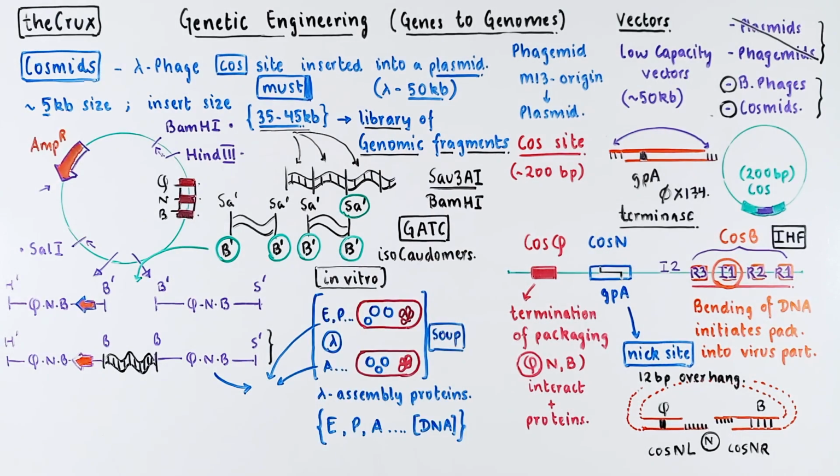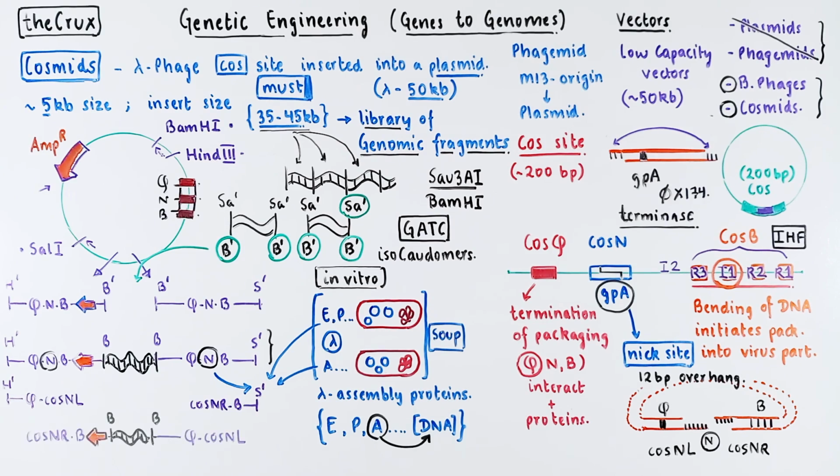The A protein, as we discussed previously, is the terminase protein, which can nick the Cos-N site. When it cleaves Cos-N, you release the Cos-NL and Cos-NR regions at the end, and you will have the major internal portion of the fragment containing your desired piece of DNA. If you notice, this looks exactly like the depiction we had before, except that the orientation is reversed, which doesn't